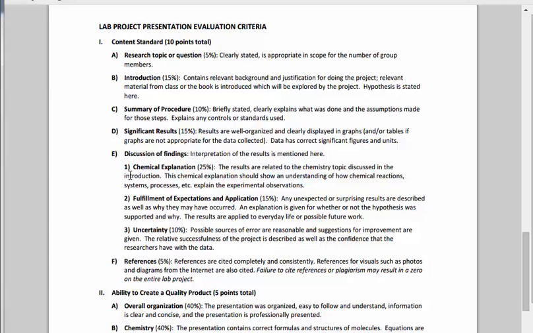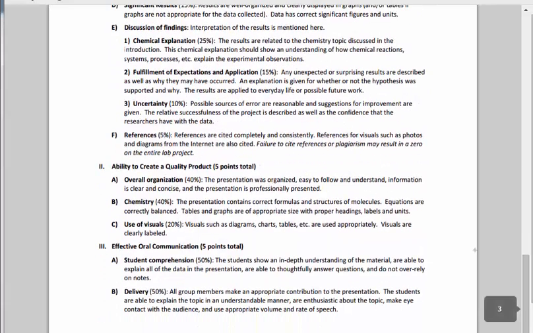It's actually interesting considering this is a chemistry class, but what I often find lacking is the chemical explanation. You need to somehow bring it back to the chemistry, optimally the chemistry that we've learned in this class. Okay? But you need to have some sort of, here, and here too,